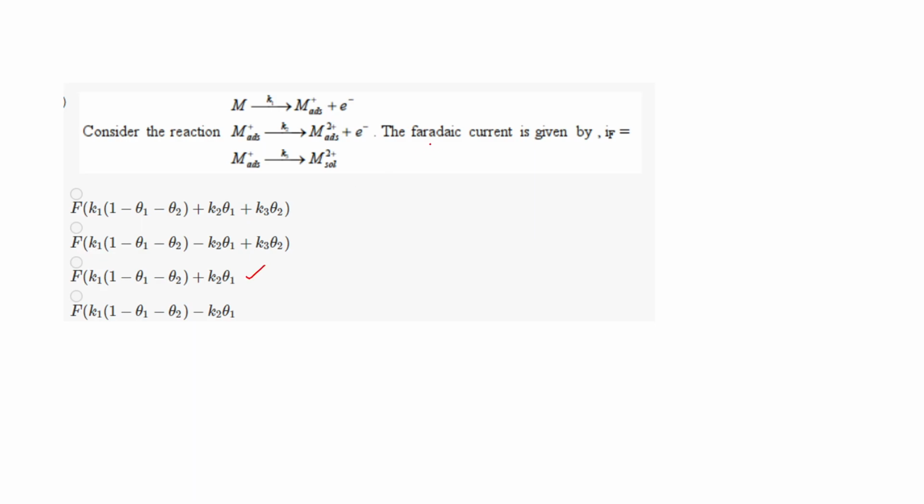Okay, why? If anyone doesn't understand, I told you that when you're writing the Faraday current expression, the first thing to check is those steps which have an electron transfer involved. Those steps are considered electrochemical steps, and the ones without any electron transfer are just chemical steps. If current has to pass through, there should be some electron transfer happening. You can see this step corresponds to electron transfer, so it is involved in Faraday current. Now, if you see the intermediates, you have M adsorb plus as the first intermediate and M adsorb 2 plus as the second intermediate. So now if I say theta 1 corresponds to the fraction of sites occupied by M adsorb plus